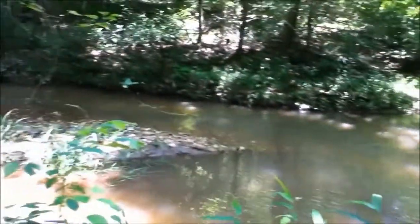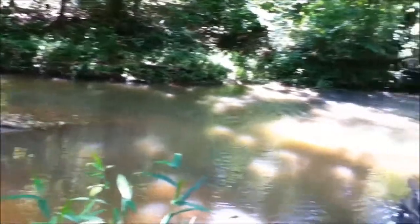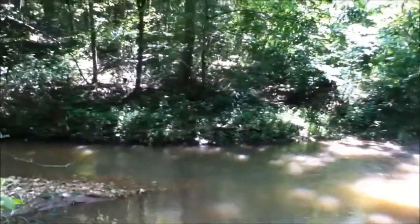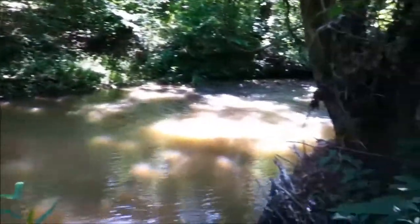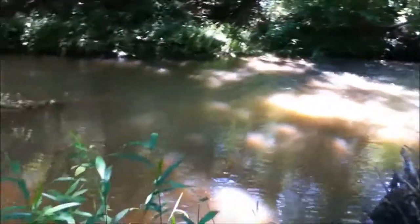Hey, we had a good rain last night. The water level's up. So I'm gonna take my shoes off, wade through it. Alright, well, I just waded through the creek barefoot. Water was real nice and cold, felt really good. Of course, now I'm barefoot. Allow my feet to dry. Gonna walk carefully, but